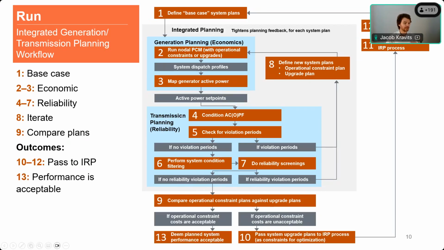Once you have more agreement, you can say that you've reached a reasonable planning state. And again, the foundations paper that Aaron talked about covered some of the ideas of how often you would do these integrated planning workflows, so I won't go into that here. So that's what it looks like for generation and transmission planners to run together.